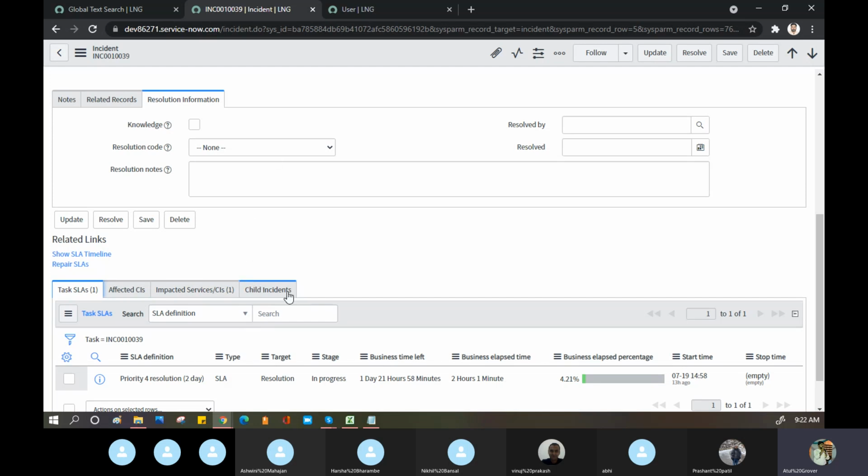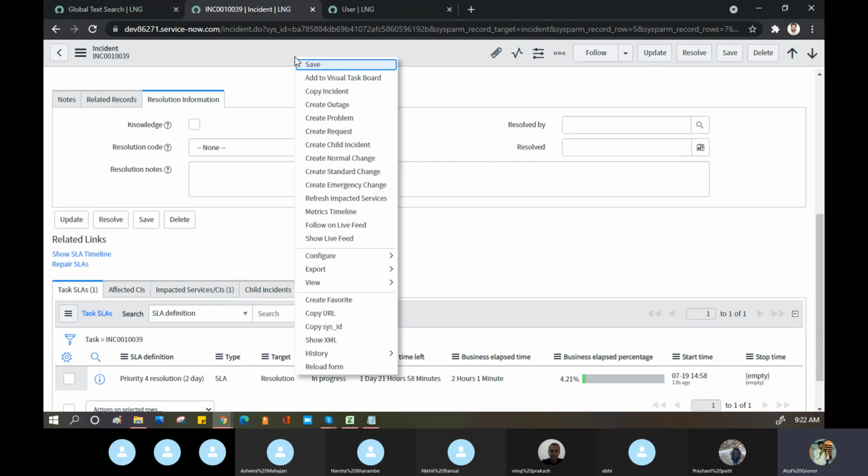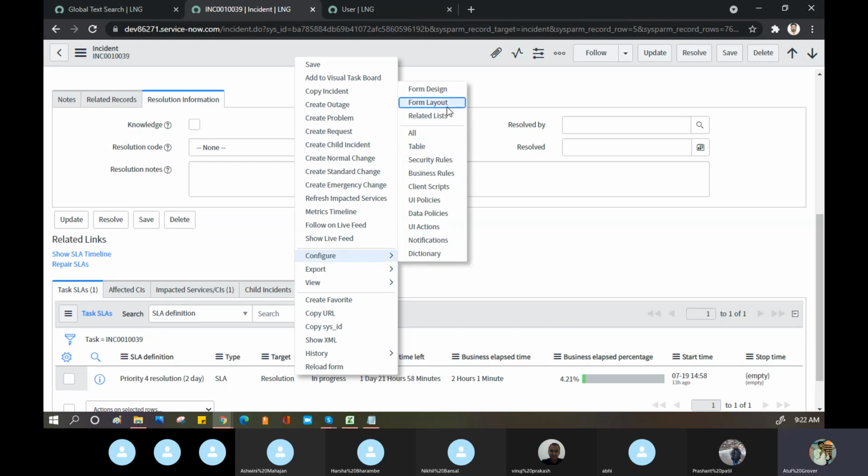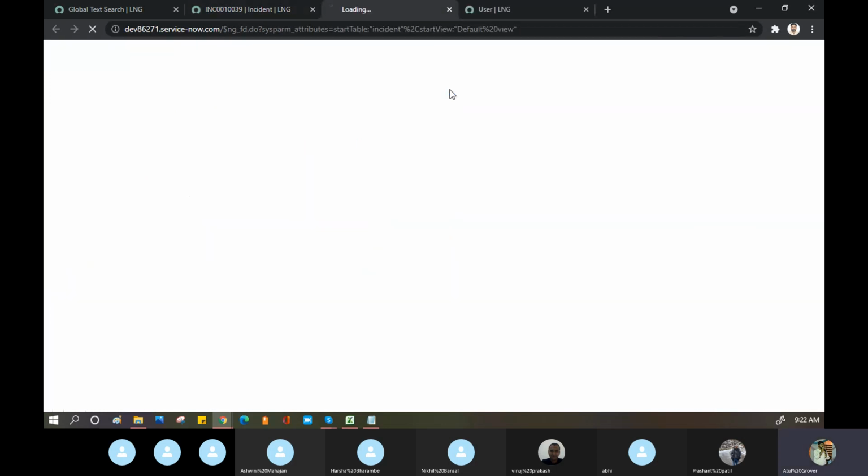You can add more lists here. These are basically sections, if I can say. Let's go here and see. These are the sections and those are the related lists.